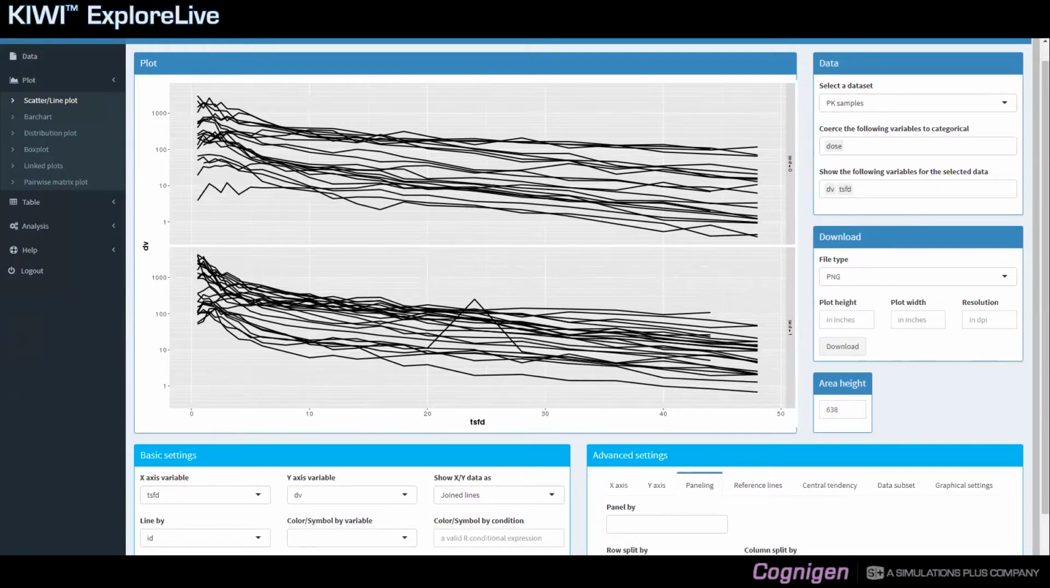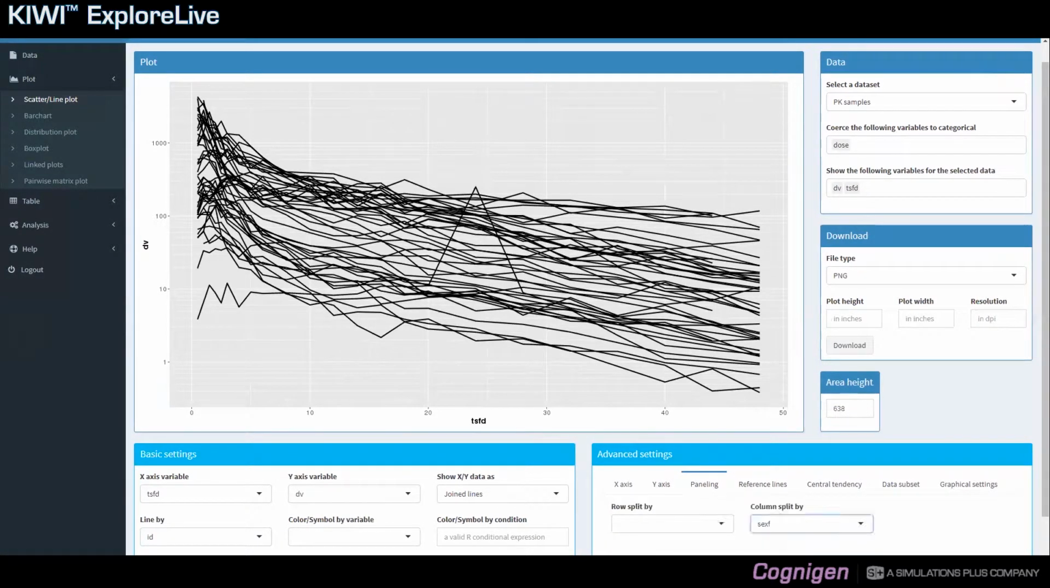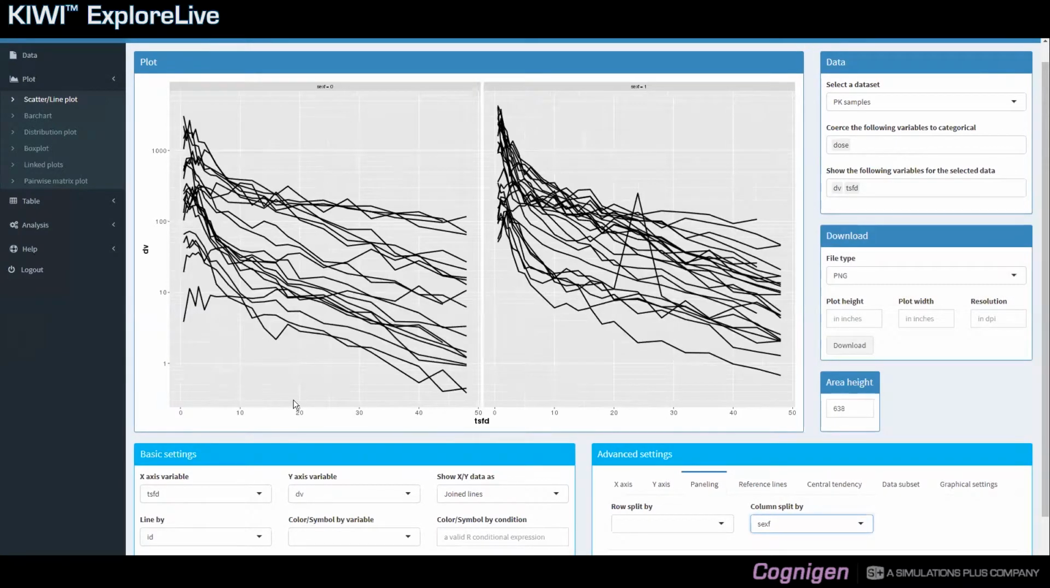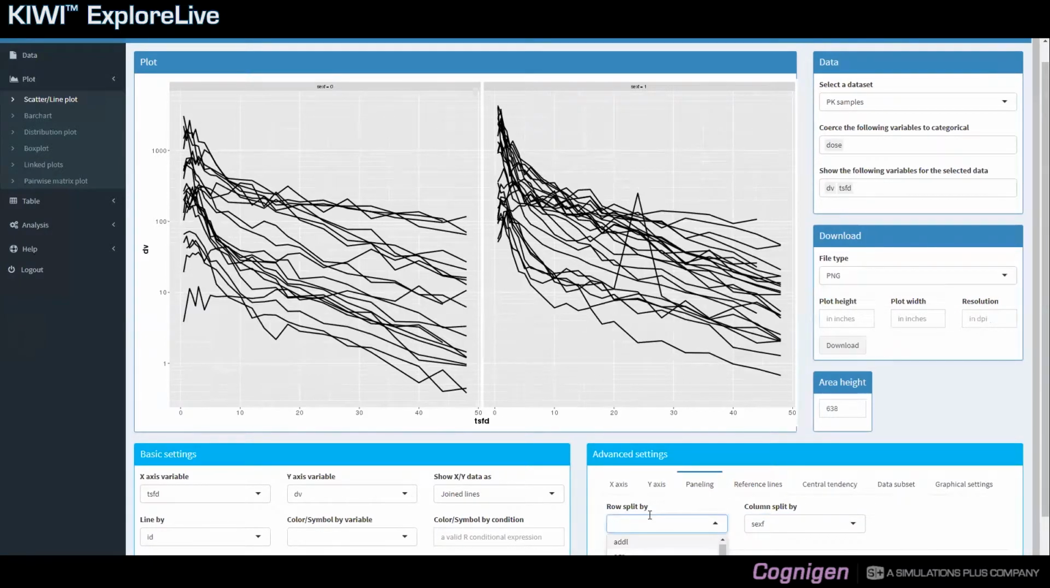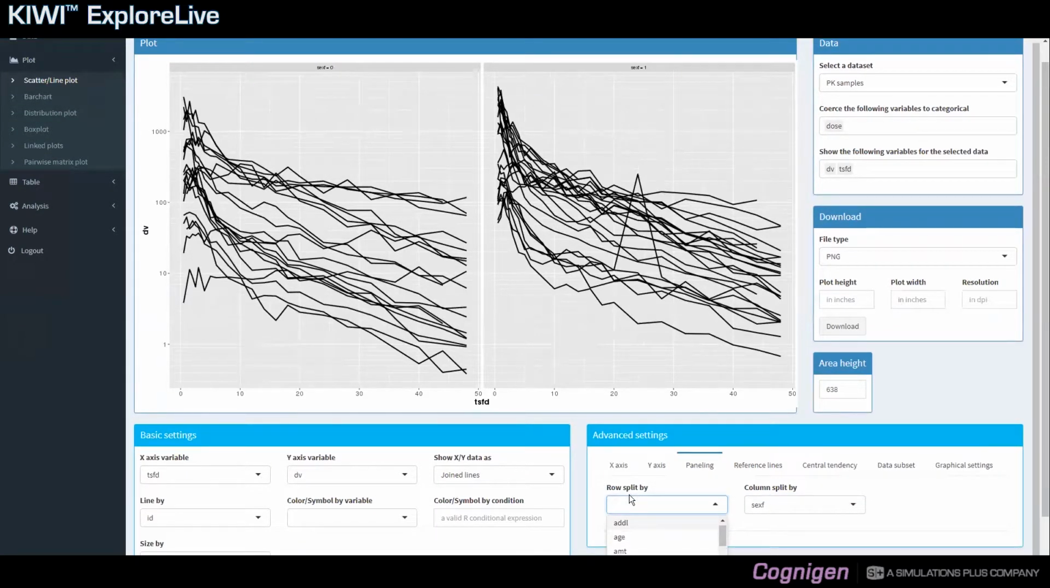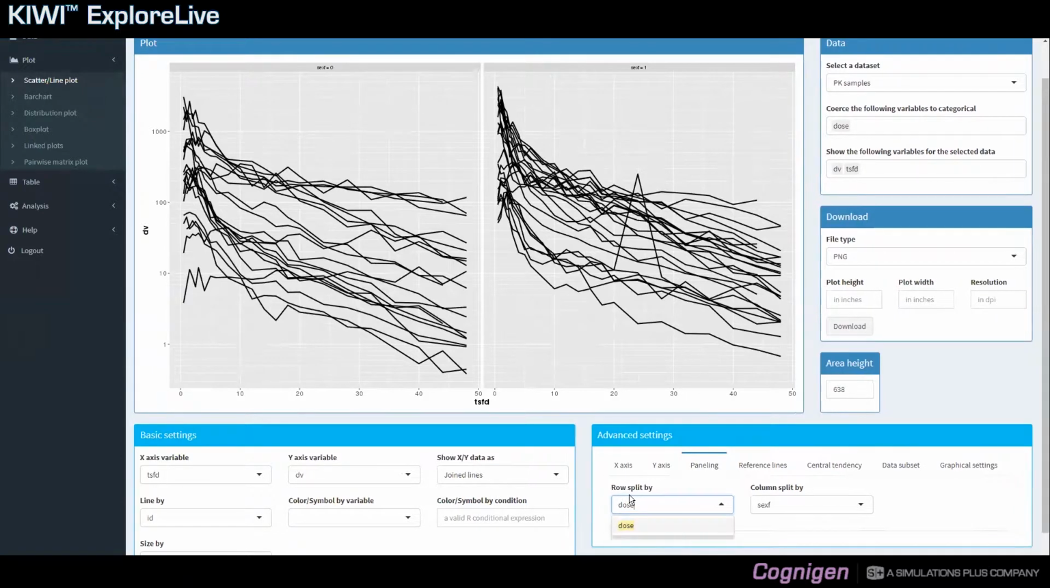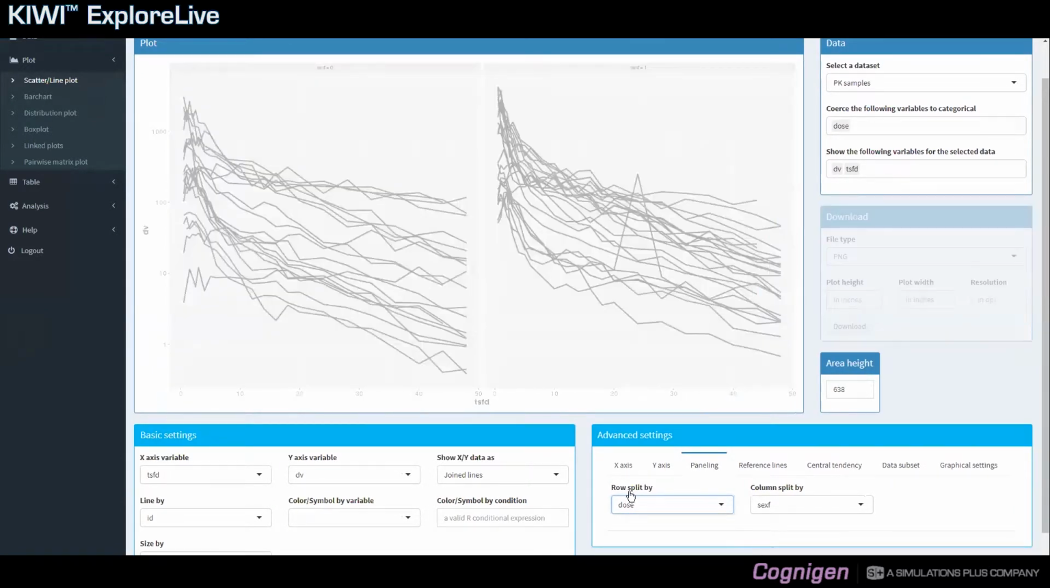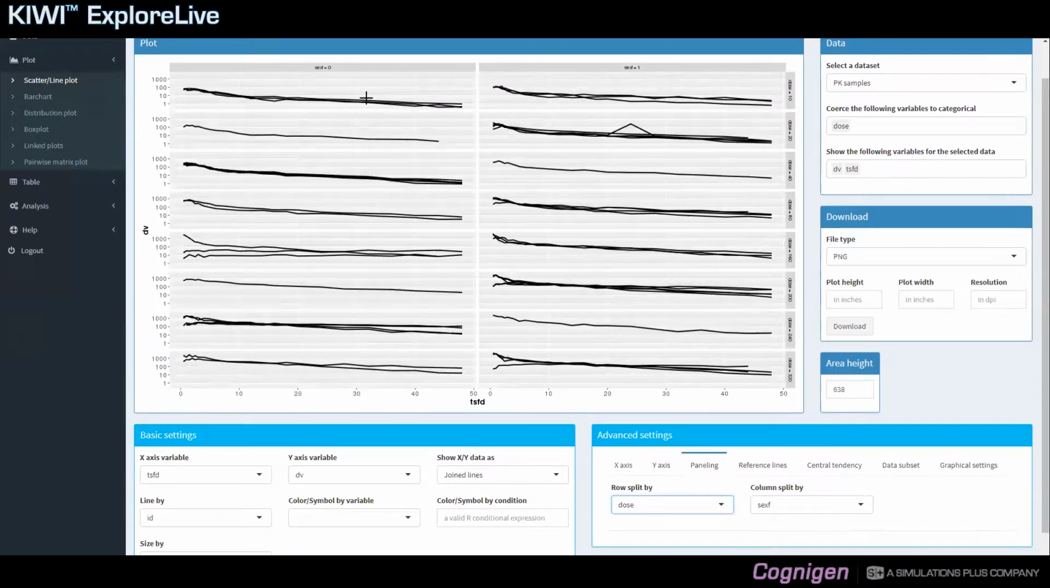You could have chosen to use a column split, and you can actually combine row and column split. So let's say now I'm going to use those. And ExploreLive will split the area and will show all the dose values and all the sex F values in one single panel. So in this case, it's a little bit too busy to my taste,